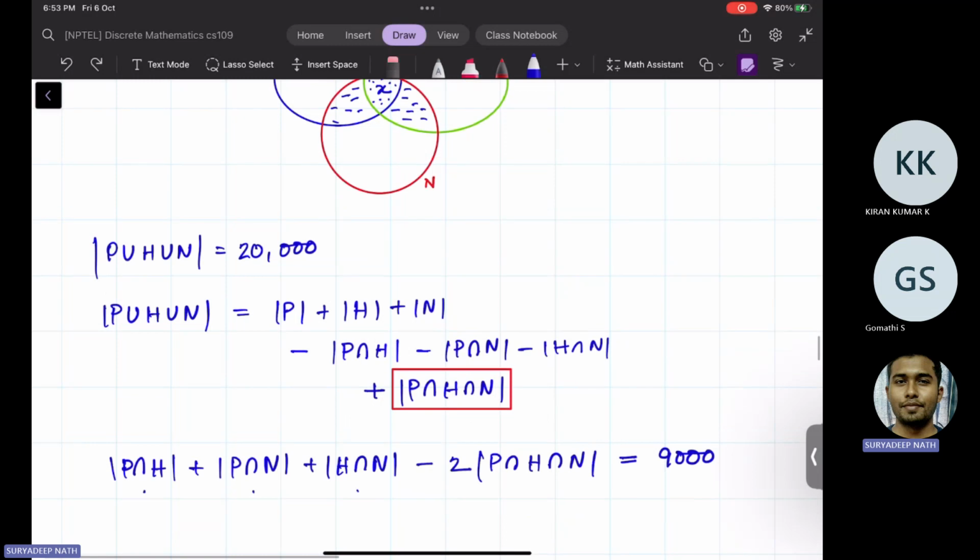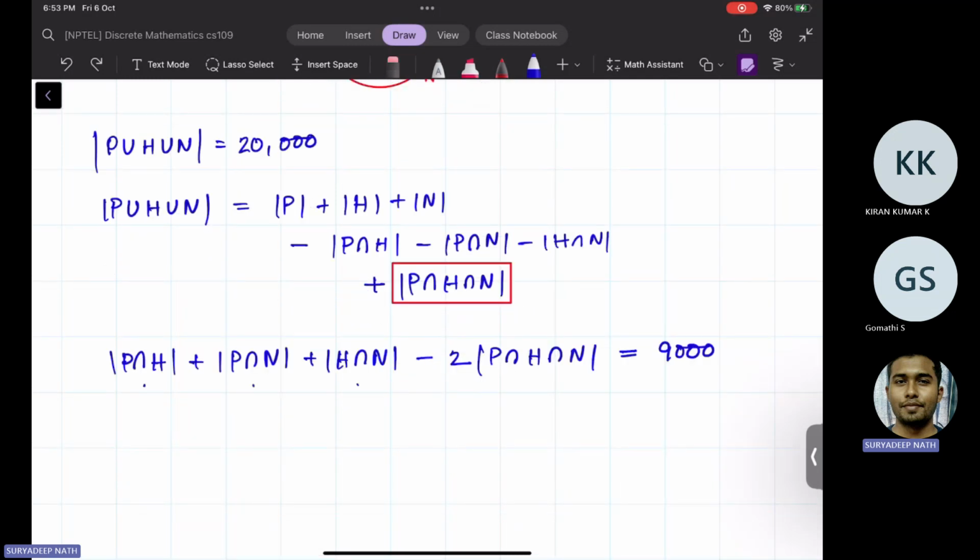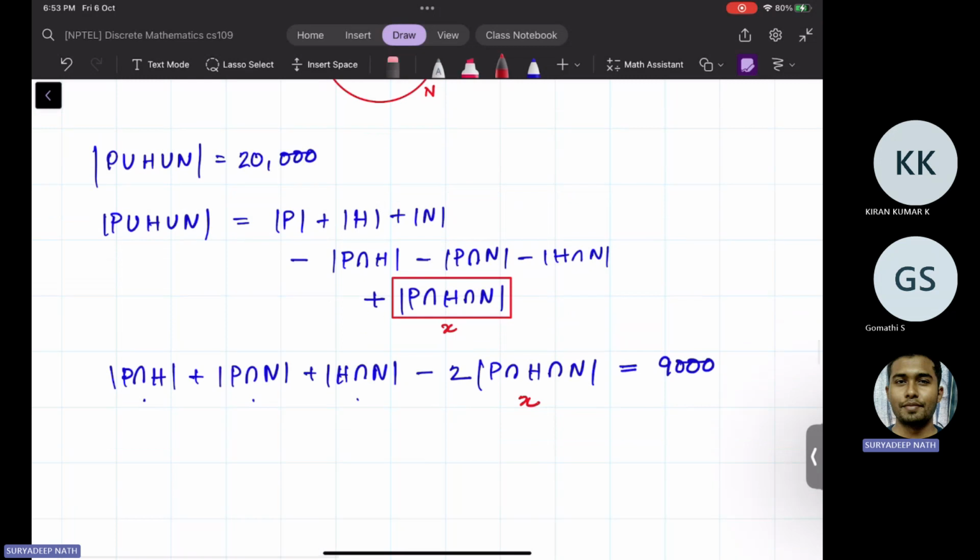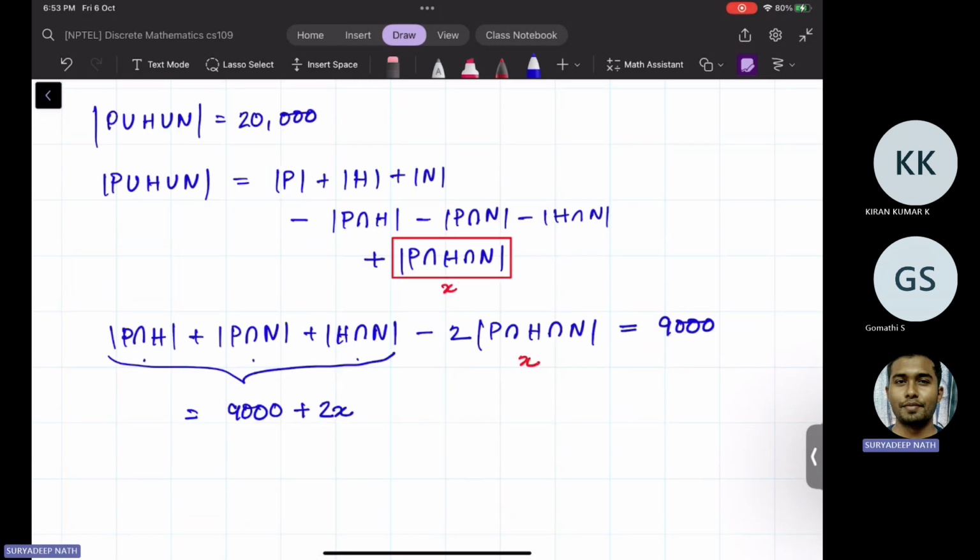So we are removing twice. That's why twice of P intersection H intersection N, that is N. Let us call this X and this X. So this term can now be written as 9,000 plus 2x. And from this, if we substitute back in this equation, so this equation now gives us P plus H